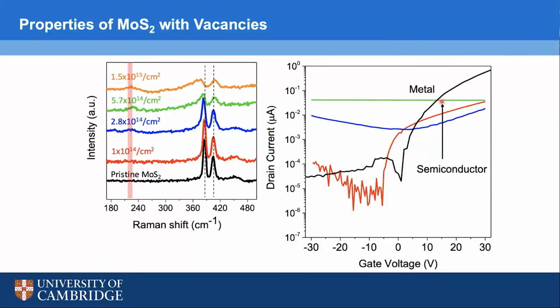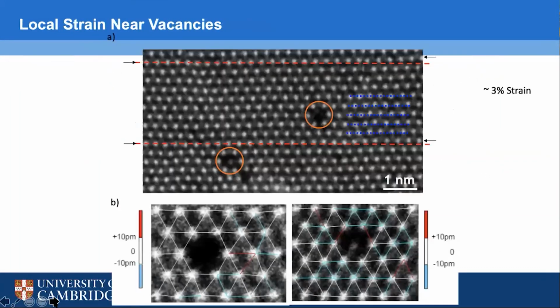And this is a characteristic of a metal. So by introducing a sufficient amount of vacancies, the material has undergone a phase transformation, perhaps not a structural phase transformation, but electronically it's gone from a semiconductor to a metal. And this is similar to what we see with the 1T phase, where the metallic 1T phase is a better catalyst than the semiconducting 2H phase. So by introducing the right amount of sulfur vacancies in the sample, we're able to achieve good catalytic